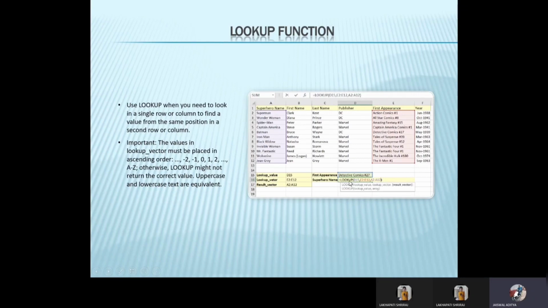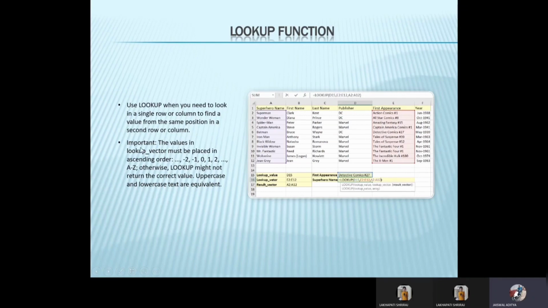Then in the formula we write equal to LOOKUP, bracket open, D15, comma, the whole column E2 to E12 as usual, so that it can compare this to the superheroes column, that is A2 to A12, and we close the bracket. As soon as we press enter, it shows that in Tales of Suspense, Iron Man appeared. So the lookup function is as simple as this.